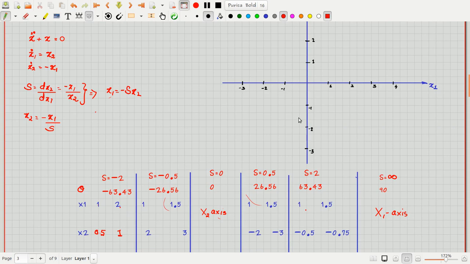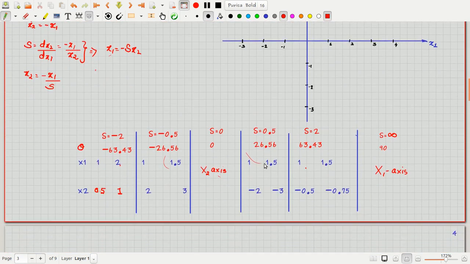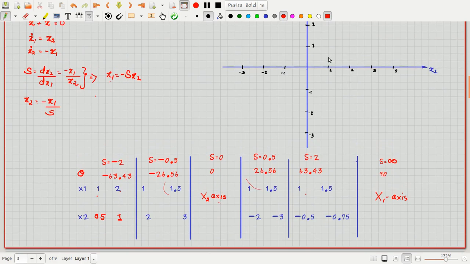Okay, so that's it. Now we will go and try to plot the slopes first. We will plot the slopes here, and we will try to find out the 2 points. We will mark the 2 points, 1 and 0.5. Here is 1, and this is 0.5 somewhere here. So I marked 1 point here, 1 and 0.5. Then 2 and 1, this is 2 and 1. So I got another point. So I got 2 points here.